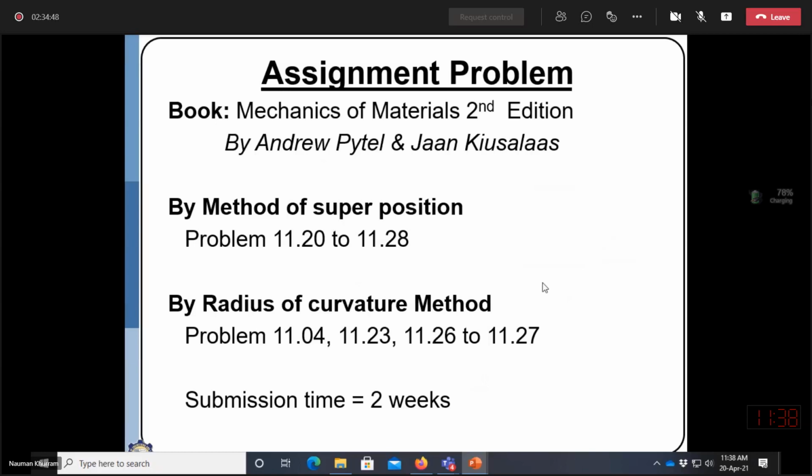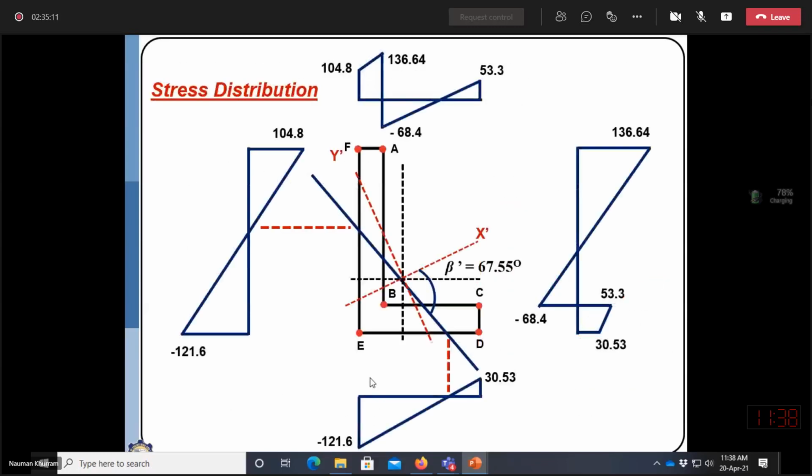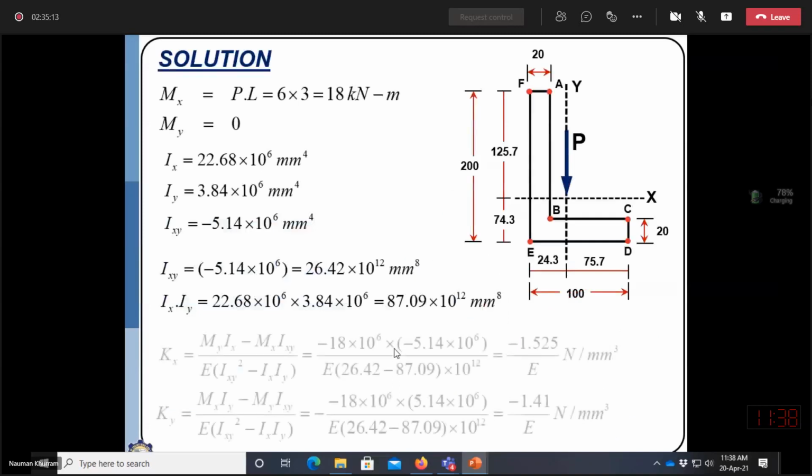There will be a follow-up assignment. So submission is not after 2 weeks. Maybe you can submit this assignment when you come for the midterm exam. So the date of submission is the midterm exam. I will also share the books after the lecture. And I will also share the solution of one problem in PDF form.